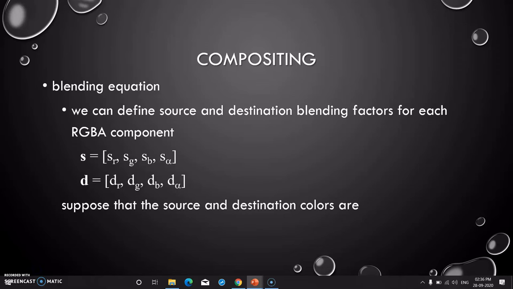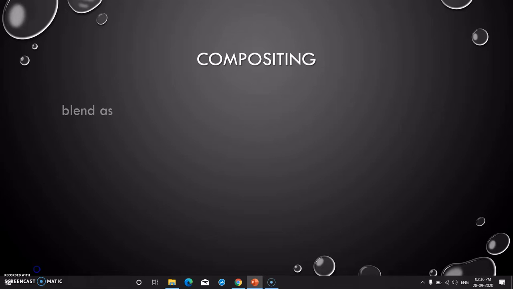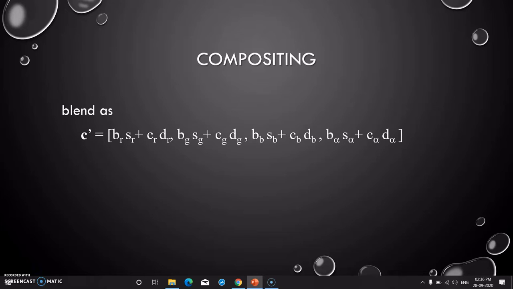Suppose that the source and destination colors are b equal to br, bg, bb, b alpha, and c equal to cr, cg, cb, c alpha. Then blend it all together. That is c dash is equal to br sr plus cr dr, bg sg plus cg dg, bb sb plus cb db, b alpha s alpha plus c alpha d alpha.